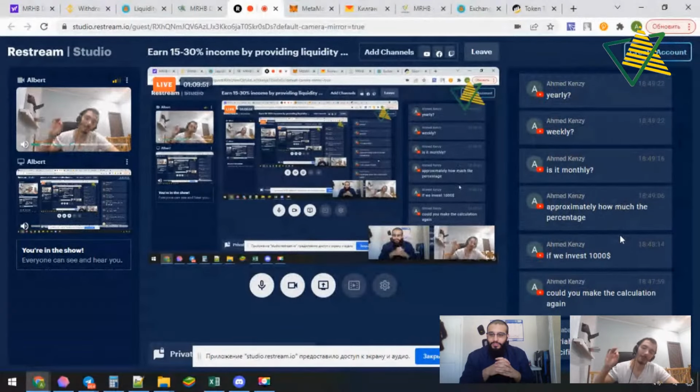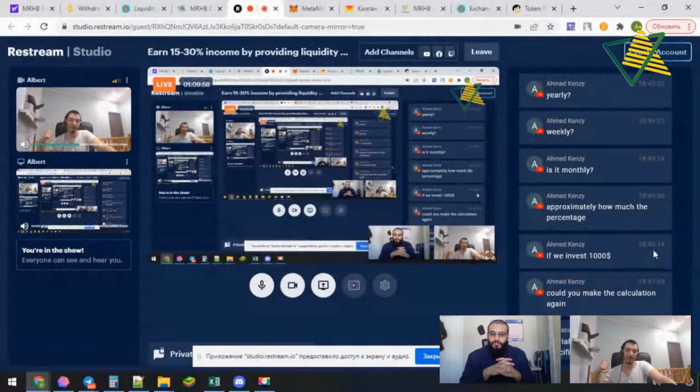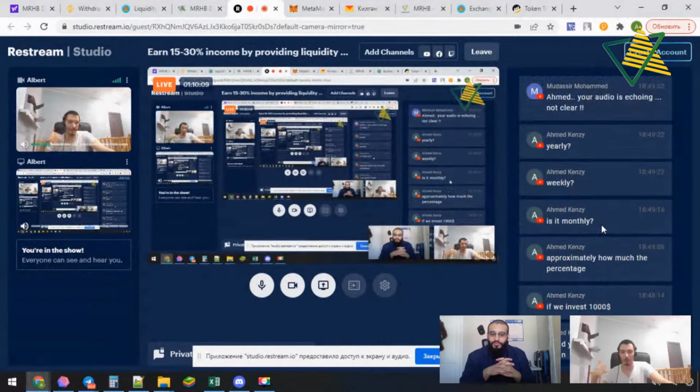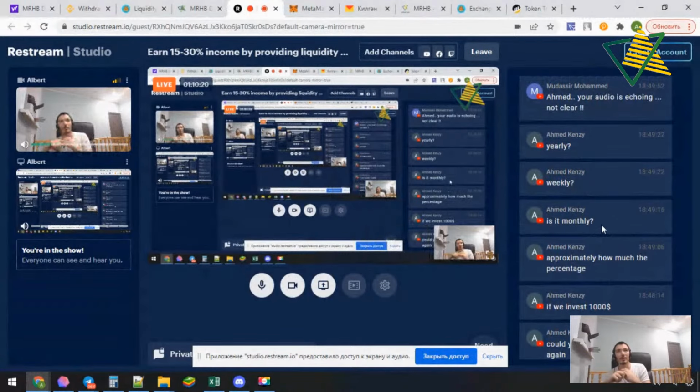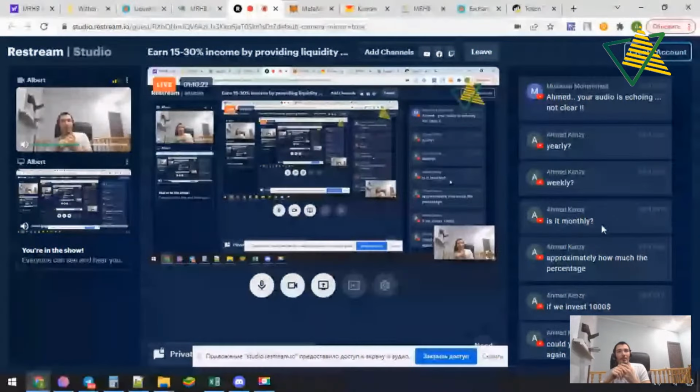So again, if we talk about liquidity providing on PancakeSwap, the percentage is 27% yearly. It's per year. And if we talk about the rewards program, at the moment it is something like 20% for the last month. And we should understand that these two incomes depend on some factors.